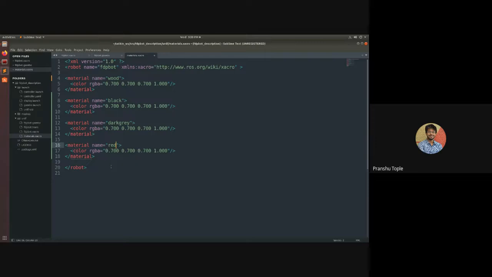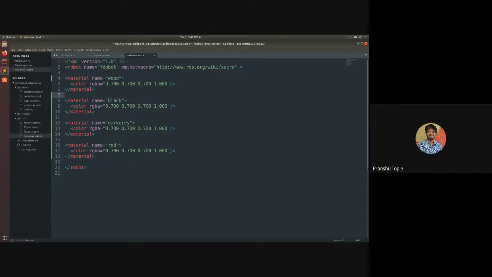Now here we are providing the color of these materials with the arguments R, G, B, and A. What does RGBA stand for? R stands for red, G stands for green, B stands for blue, and A stands for alpha. Alpha means transparency. Each and every color is made of red, green, and blue, and it's a combination of these RGB colors that we see as all the colors.